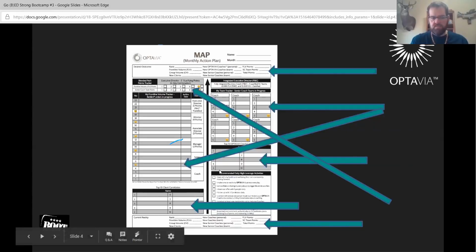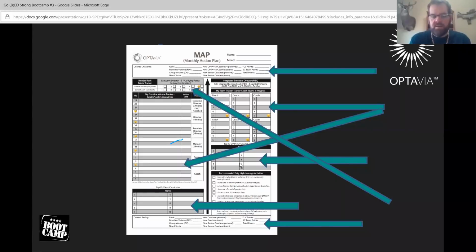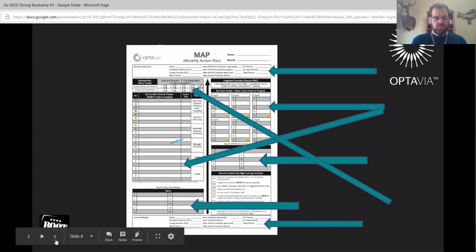And then the next box that I've highlighted here, with this arrow right here, if you can see my cursor, is your top 10 coaching candidates. Just like you have a top 10 for client candidates, you also want a top 10 for coaching candidates. These may be current clients, or maybe somebody else on your heart that you think would be a great coach, maybe somebody with a big network. There are lots of different reasons that people become coaches. Not everyone needs to lose weight. Sometimes people just want to help other people, and they see you doing that and want to hop on board with you. So that's where you're going to add those.